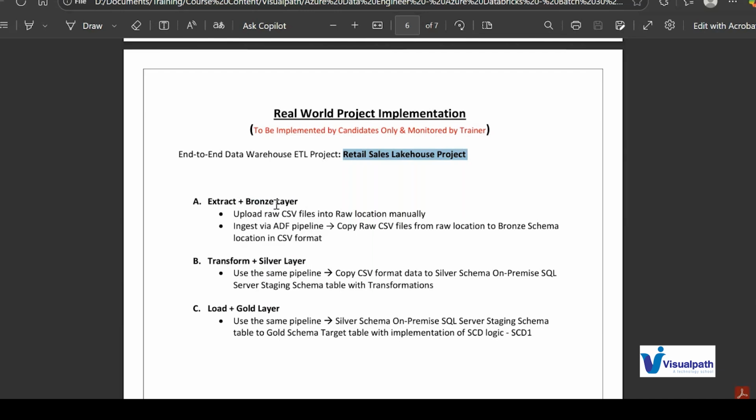By doing this, you will understand the end-to-end flow: how you are pulling the data using the ADF pipeline as a source, how you are using Databricks to transform the data, and how you are using Databricks to load the data.